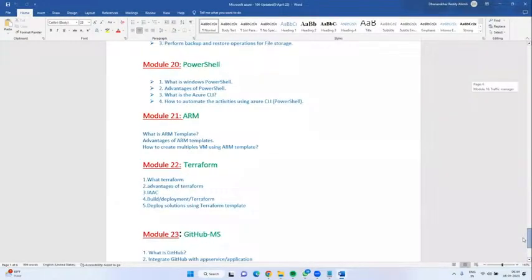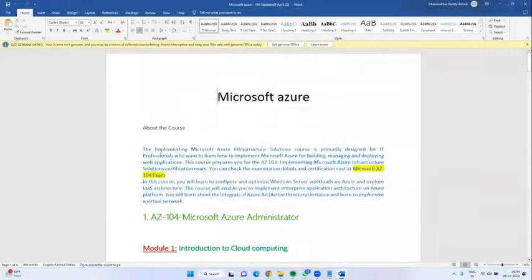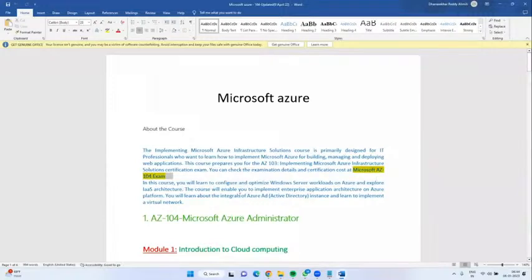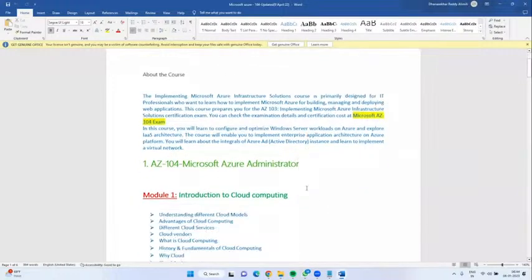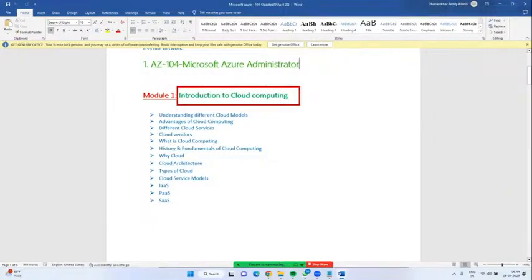Okay, this is the certification paper syllabus. It is clearly mentioned that this is the 104 certification paper. Now, first thing, module one. Module one is about what? Introduction to cloud computing.